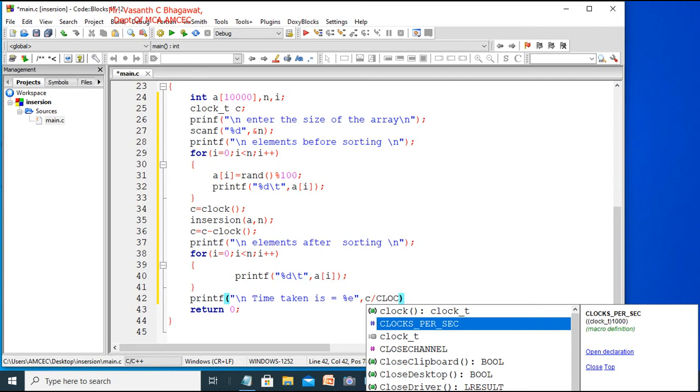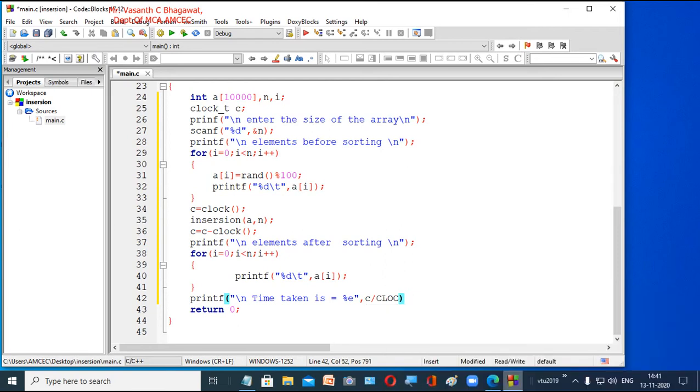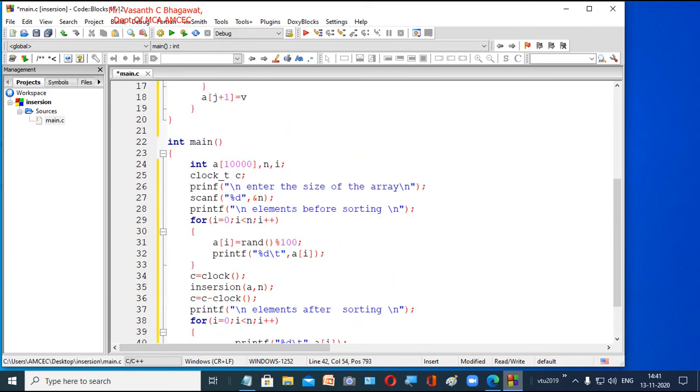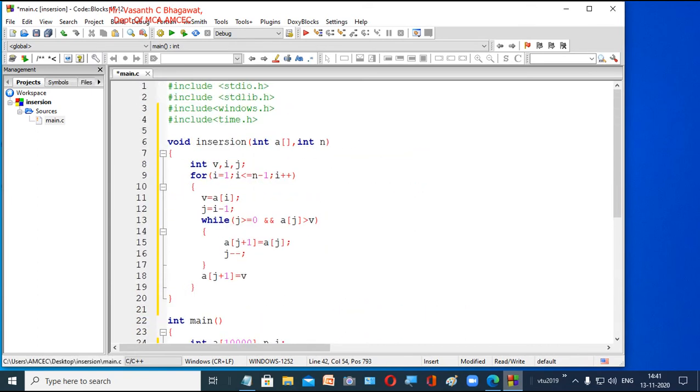Right, as soon as you type, when you find it listed here, you go under that and press the enter key, and automatically the complete thing comes, right? Then end it with a semicolon. So this is a very simple program of insertion sort. Now let us compile this program and let us check.